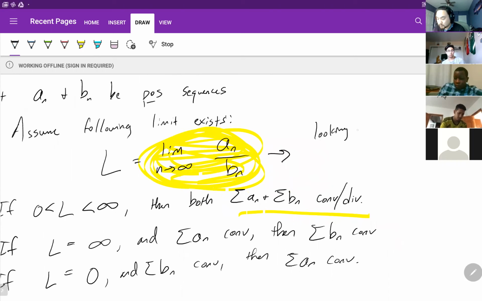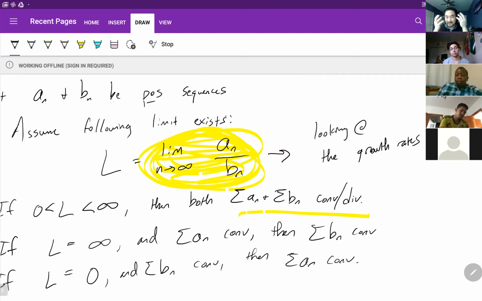I have one sequence that's growing this way, and another sequence that's growing this way. If I put them over each other and see what's happening as we go to really, really large numbers, and they become one finite number, that means they're both growing in a way where eventually they'll be growing at the same rate. Anything? Was that a mind blow? That was supposed to be an, oh snap, that kind of makes sense.